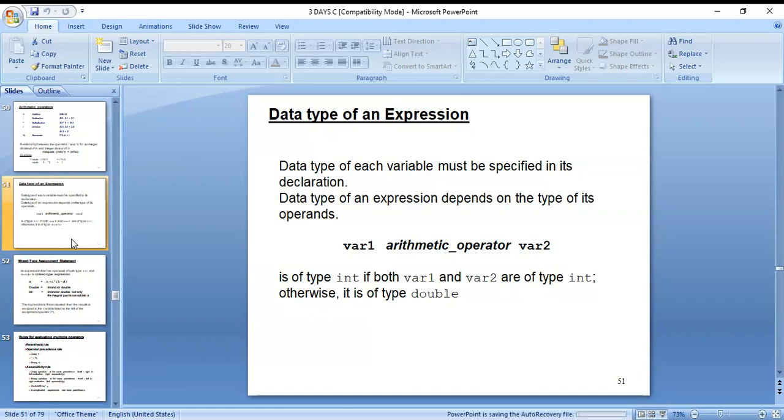Okay, it is of type int if both variable 1 and variable 2 are of type int, otherwise it is of type double. Okay, here both variables are integers, so the result is of type int. Otherwise it is of type double. Okay, next,